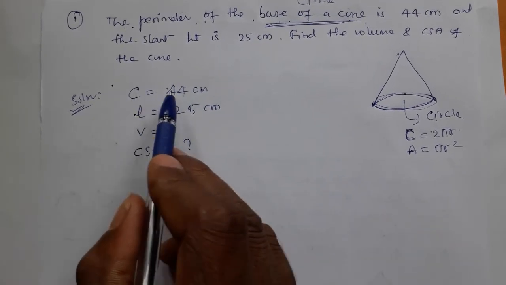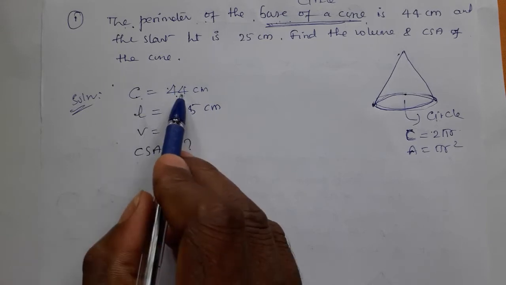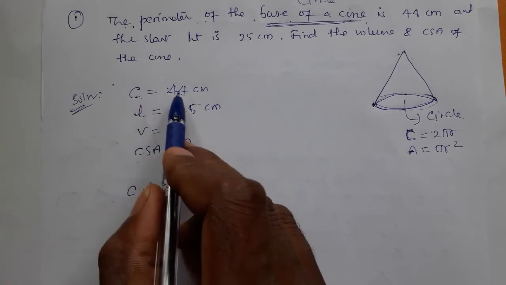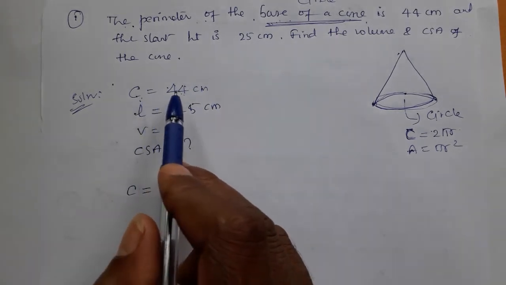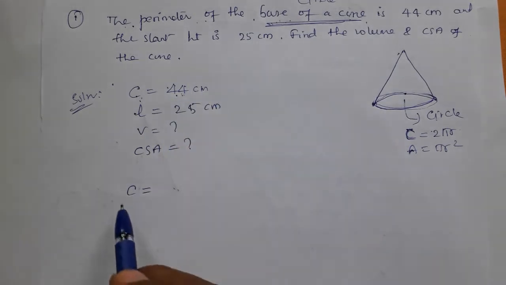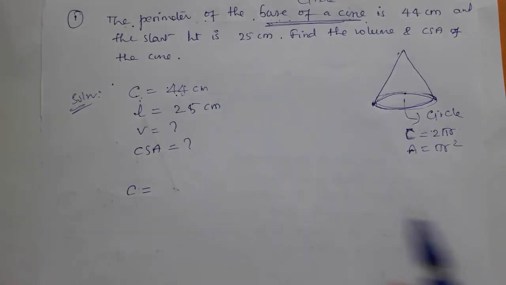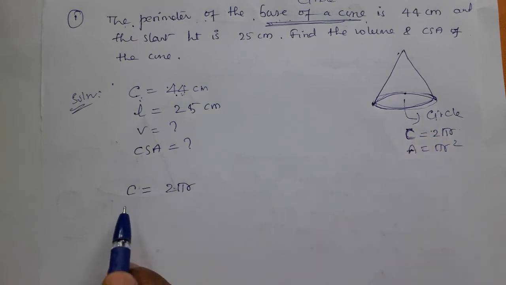Now, circumference is of course given directly, as I told you. But we will still use that formula. We might think circumference is already given, so what is the use of the formula again? It's not like that. We go for its formula, because by using that formula we can find some unknowns. Circumference is 2 pi r, and we write that here.